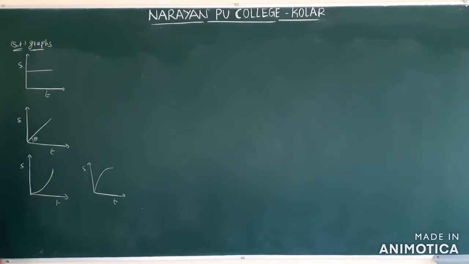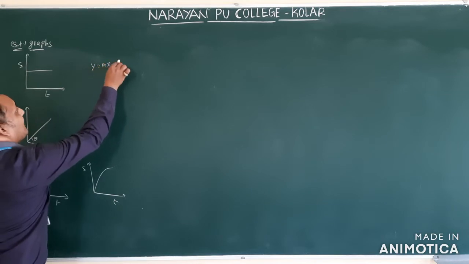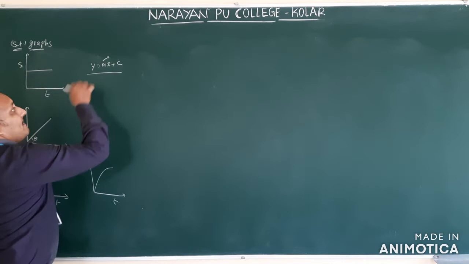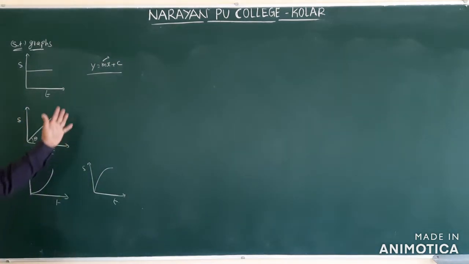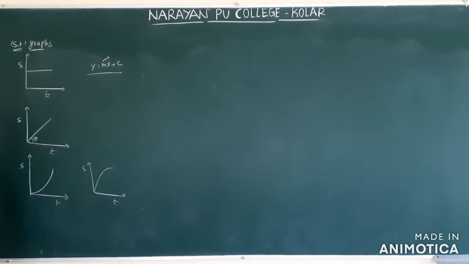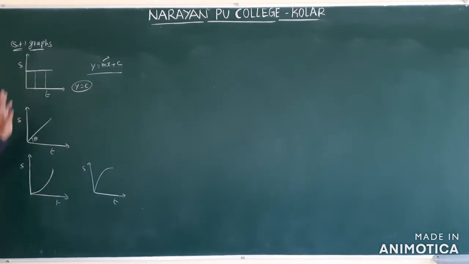How will we describe the nature of this graph? Again, the straight line equation: y is equal to mx plus c. You may have seen this equation in geometry, in 8th, 9th or 10th mathematics. What is m here? The slope of the given graph or line. What is c? A constant. For this one, what is the slope? If you find y2 minus y1, both y2 and y1 will be the same. Therefore the slope is 0, and the equation will come like this because it has 0 slope.